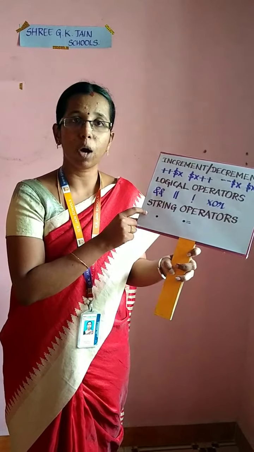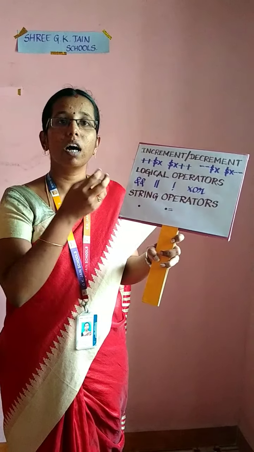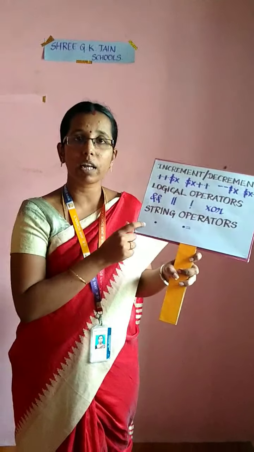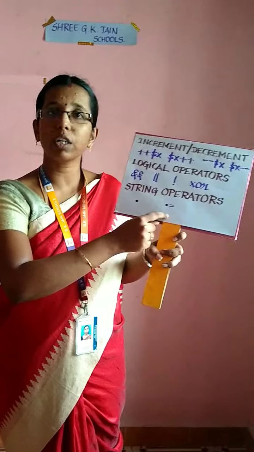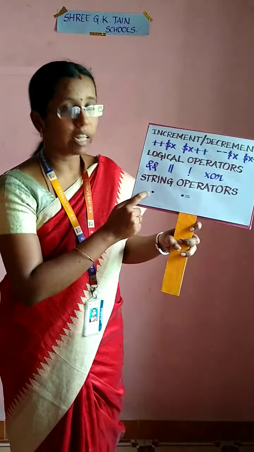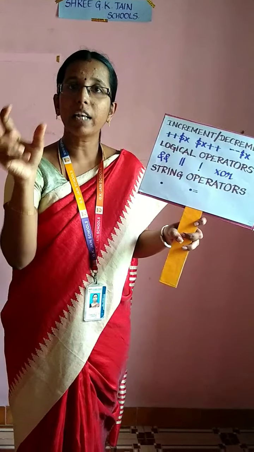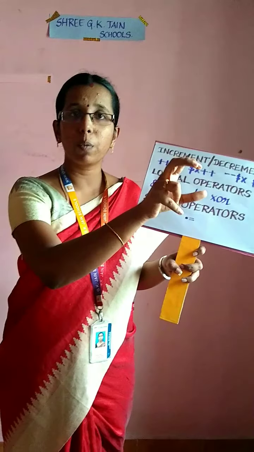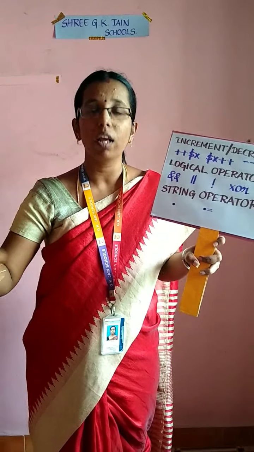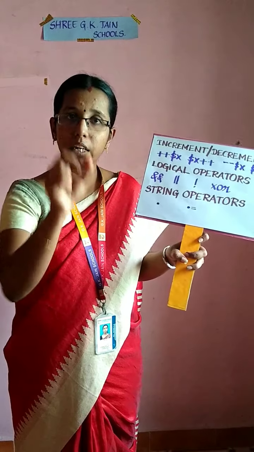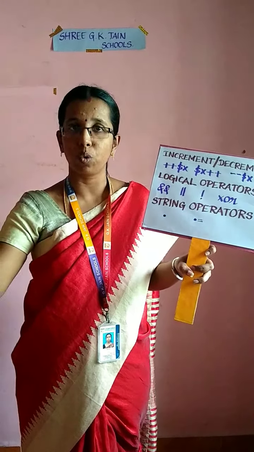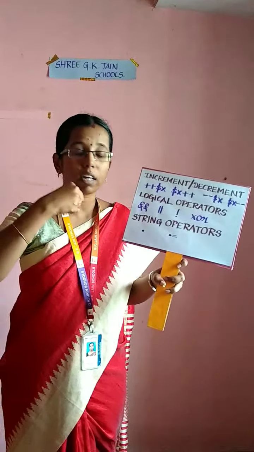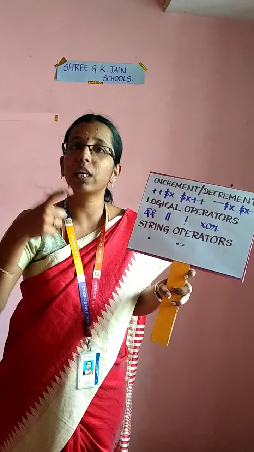And next is your string operators. String operators in the sense, if you want to combine two strings together, you have to use these two string operators. One is concatenation and one is concatenation with the assignment. Concatenation in the sense, it will concatenate your text 1 and text 2 together. For example, for text 1 I am giving welcome and text 2 I am giving all. If I am using concatenate operator in between, text 1 dot text 2 with the dollar symbol, then it will concatenate my input and give the output as welcome all.